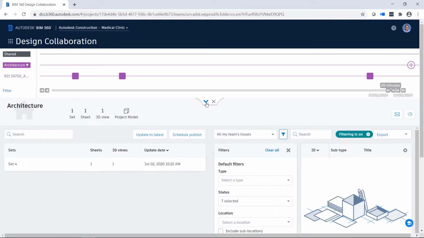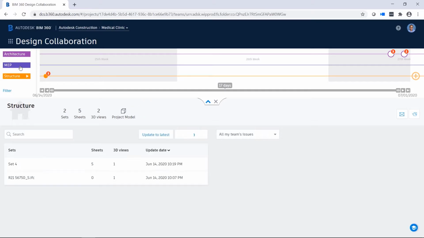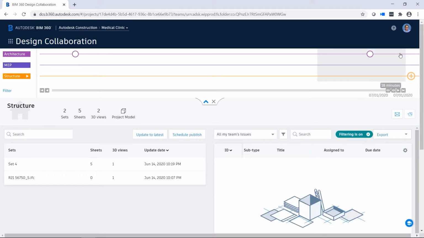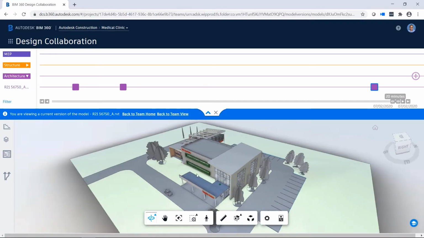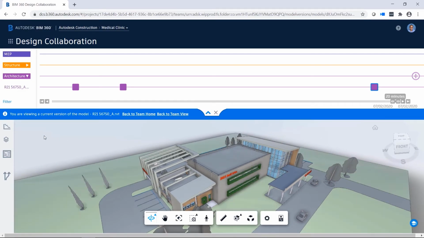Now let's look at how the structural team receives this update from your team and uses features in the Design Collaboration module to assess the impact of these changes on their structural design. Once the structural team sees that a new package is available from the architectural team on the project timeline, they can explore the package and use BIM 360 Design's Change Visualization tool to better understand how the design has been